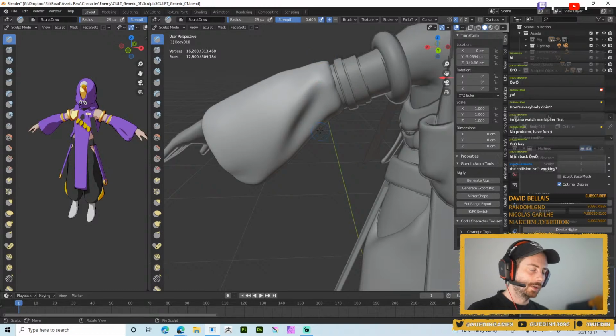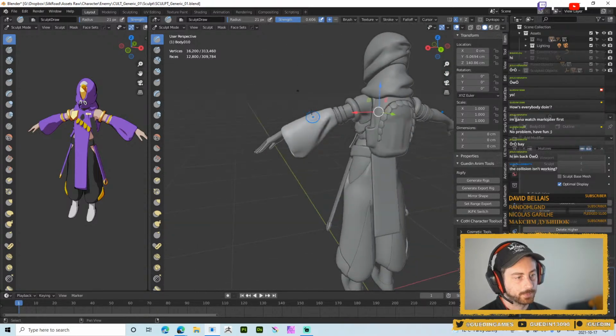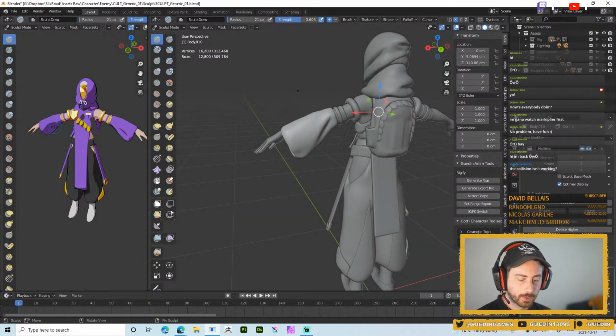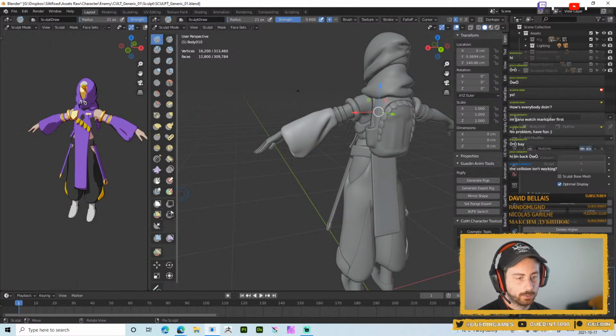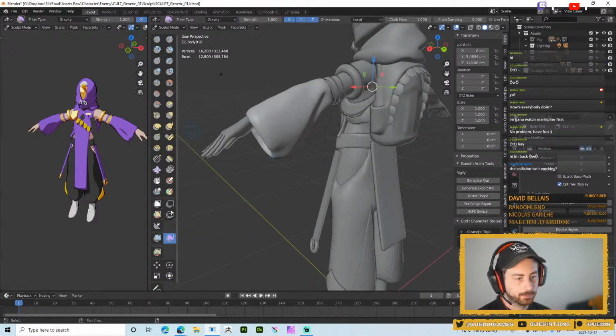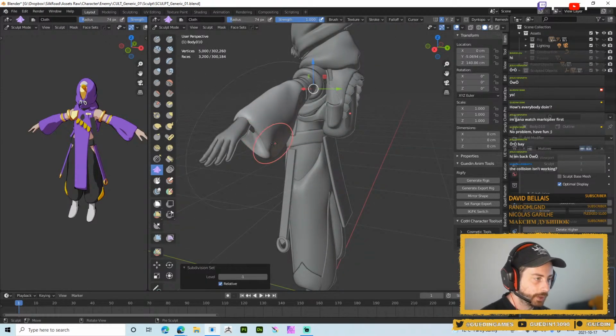One solution would have been to create a new file with the unit scale of 1 and rescale everything. I don't want to go that far in this process, to be honest. Maybe we could try to use this cloth brush that I tried to play with a little bit before, but